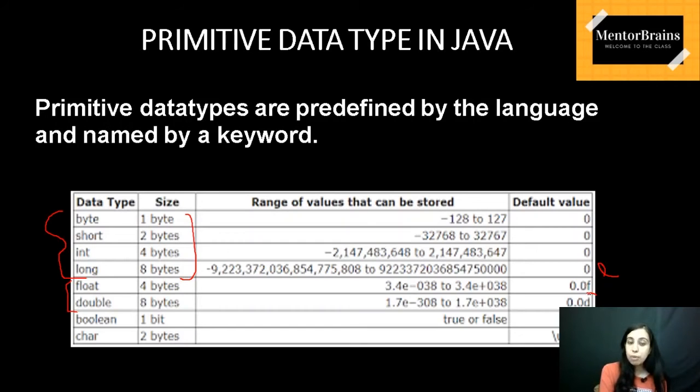Like if you want to write float a equal to 7.2, then you have to put 7.2f. So you will write float a equal to 7.2f. The memory that will be allotted for the float value of a will be 4 bytes and the value stored will be 7.2f. Okay. Similarly for double, you have to write d at last.